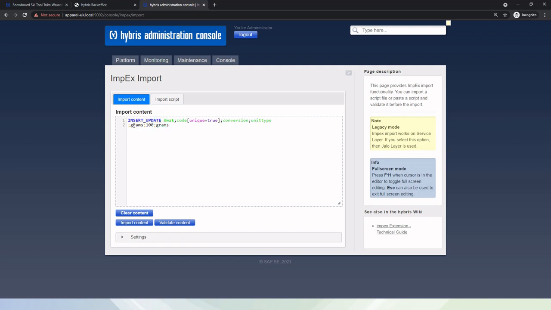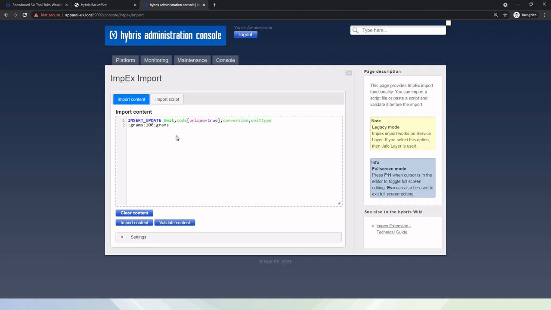So if grams is not present, it will insert this. If grams is present and we have to update some of its value, then the value will be updated using this update command. So insert update is a combination of insert and update.